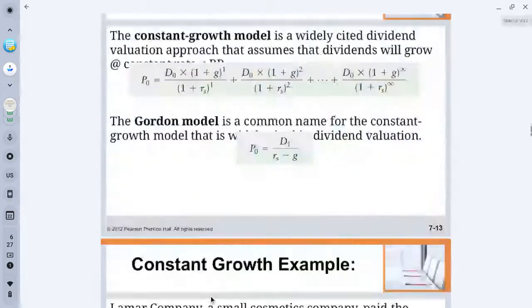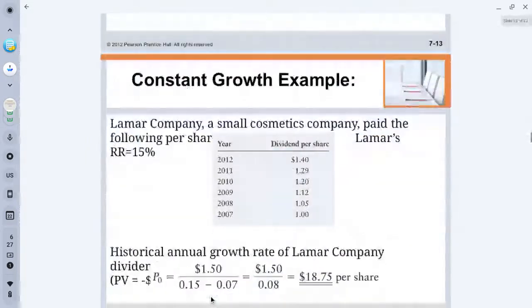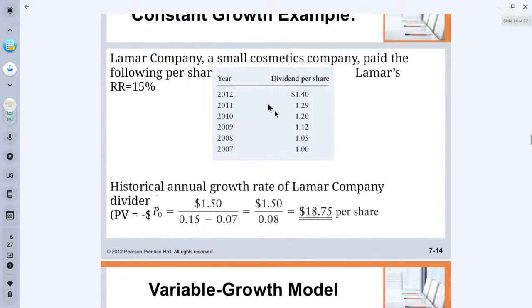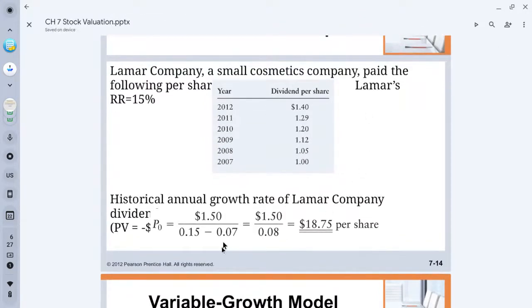Second example, Lamar Company, a small cosmetics company, paid the following per share dividends, right? Per share dividends, and it looks like this small table. Actually, there was a per share dividend, right? Lamar's required return is 15%. So then